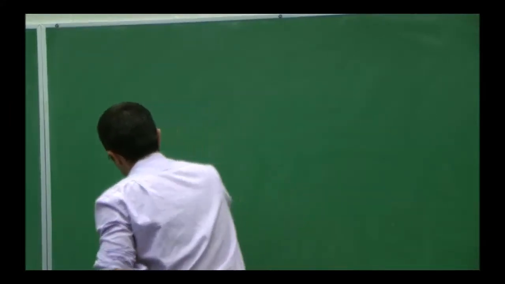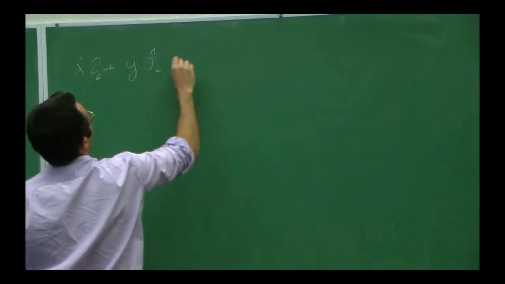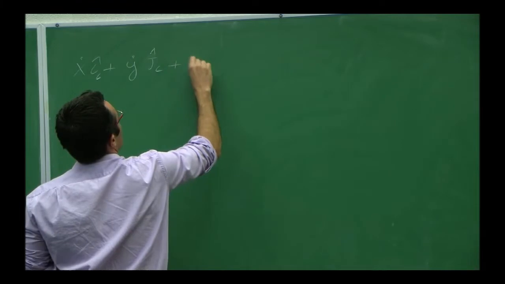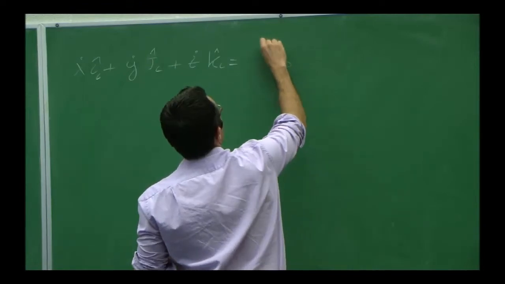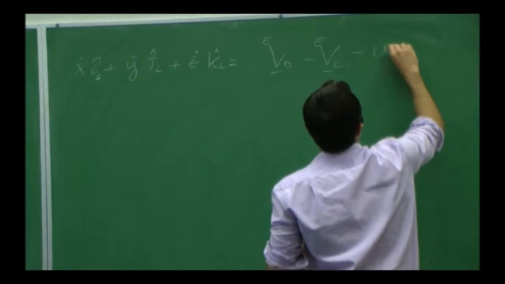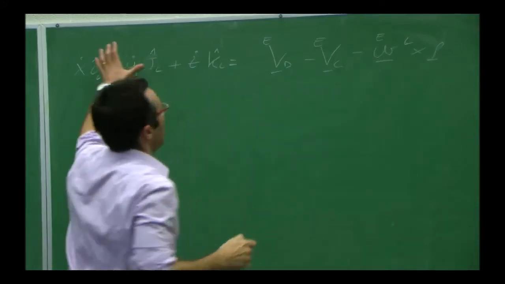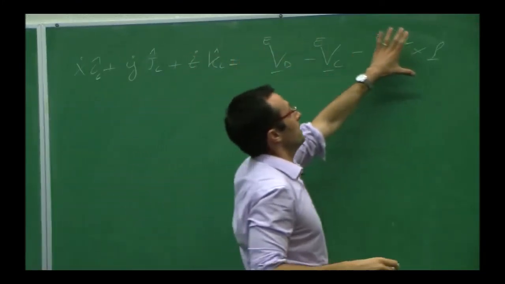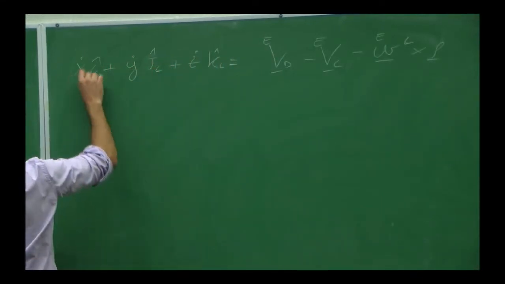Okay. Well, then I'm basically done here. Really, I just have to move stuff on the other side. So my x dot i plus y dot j, this is LVLH, plus z dot k LVLH is V_D in E minus V_chief in E minus omega of L with respect to E, cross with rho. And this is the relationship. Again, this is a vector. It's a bunch of vectors added together. But this is the relationship that will allow you to compute these three guys.